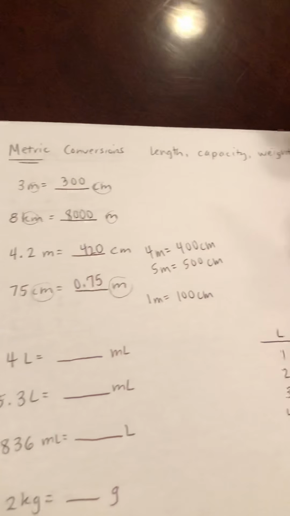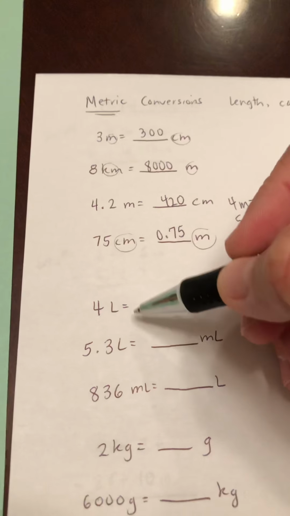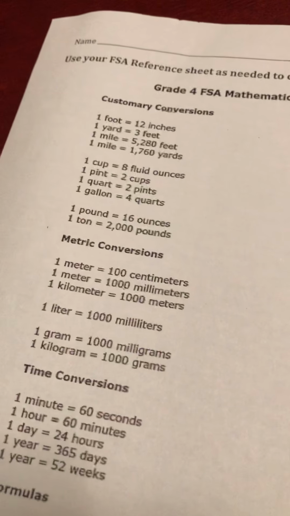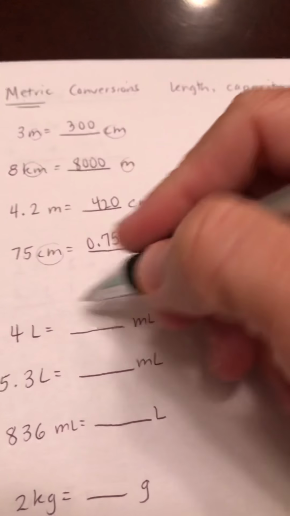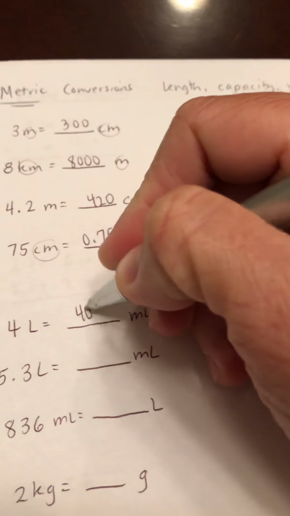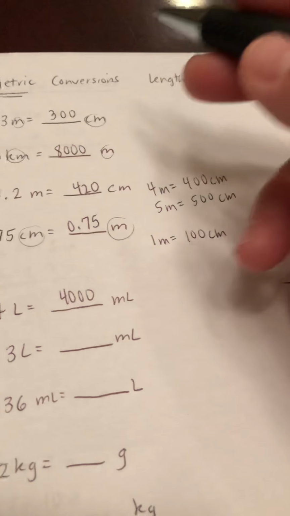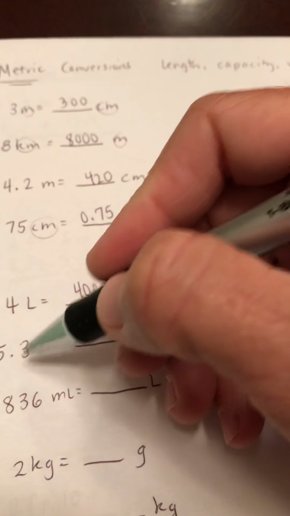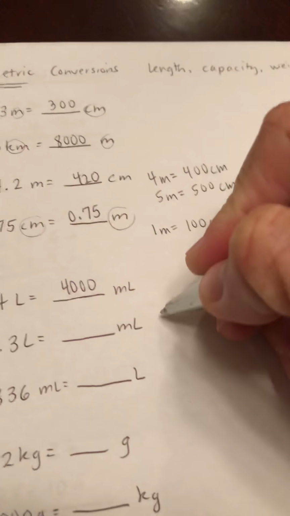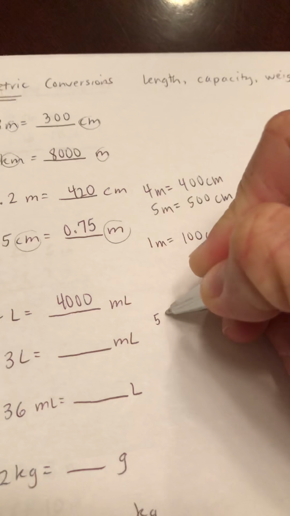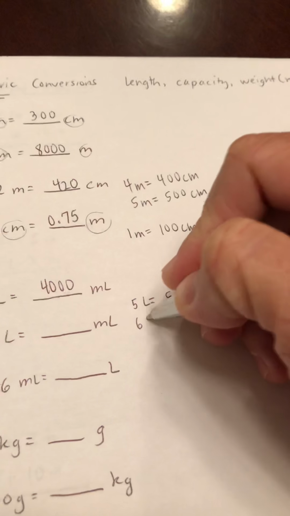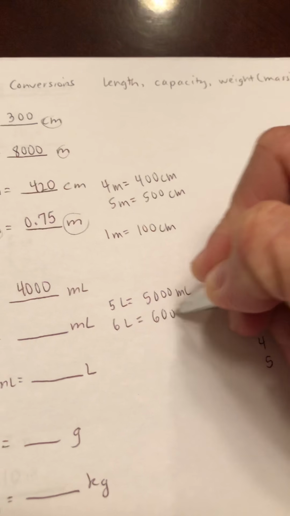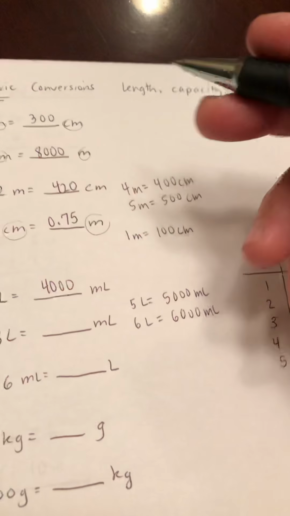All right, those are all for metric units of length. And then we get into capacity. Not much to know for capacity. 1 liter is equal to 1,000 milliliters. So 4 liters is going to be 4,000 milliliters. 5.3 liters, or 5 3/10. So if 5 liters is going to be 5,000 milliliters, 6 liters would be 6,000 milliliters, and 5 3/10 is going to be